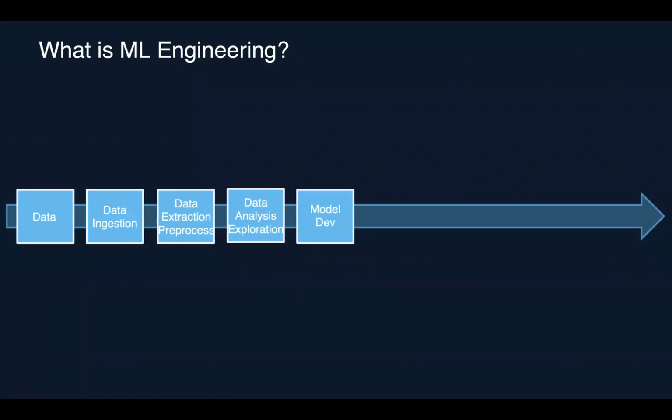And then the exciting part happens, right? Data scientists will start to develop the model. But usually you're going to train some baseline models instead of just spending all of your time on parameter tuning, because if there are any issues with the data, you want to detect that early on. You don't want to go further down this pipeline and then realize a week later that the data has some issue. So it's better to train some sort of baseline models, right? Just to get a basic idea of how well the model can perform before you start to do the parameter tuning. So this is the model development stage.